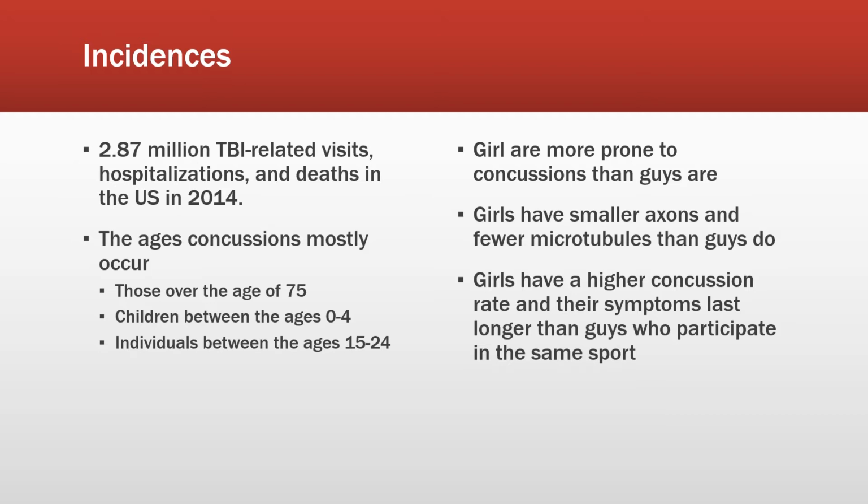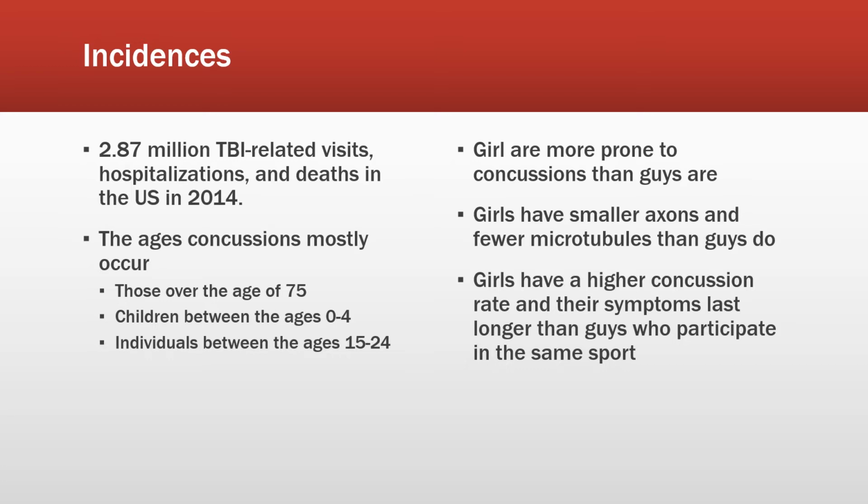But at this age, especially with little toddlers, it's very hard to distinguish whether or not they've had a concussion, because they're still learning how to communicate how they're feeling. So it is more common in these ages, but it's also very hard to diagnose them having a concussion